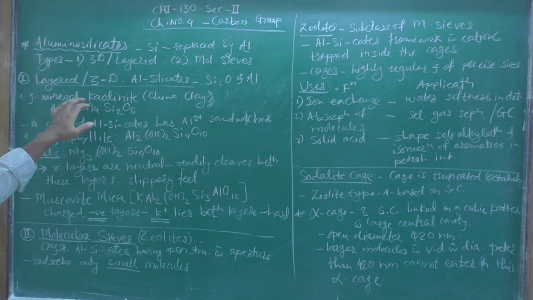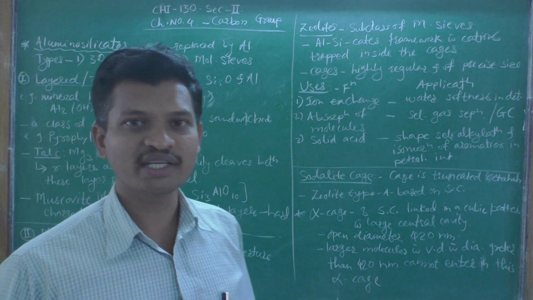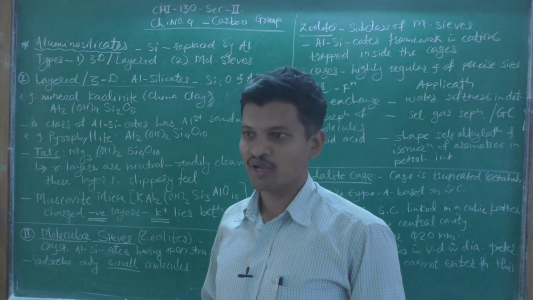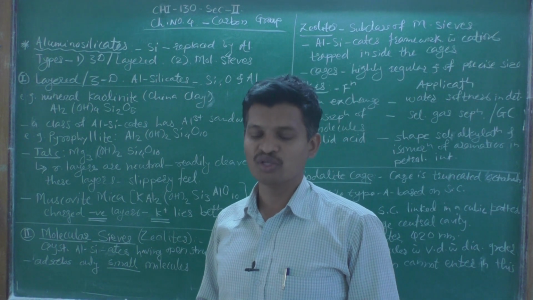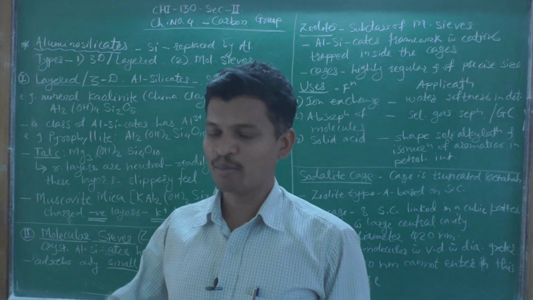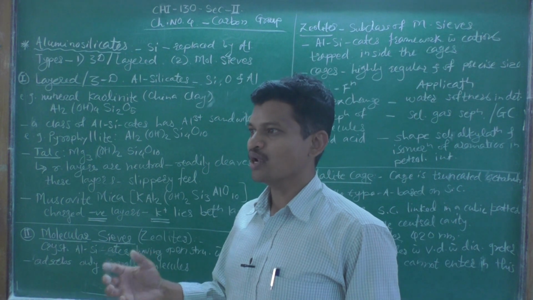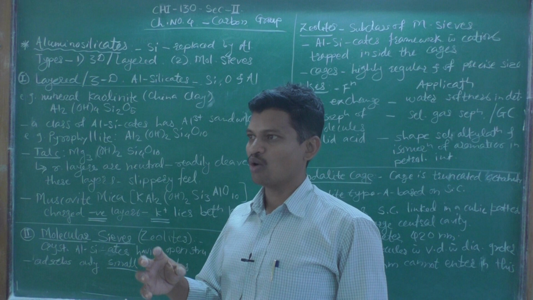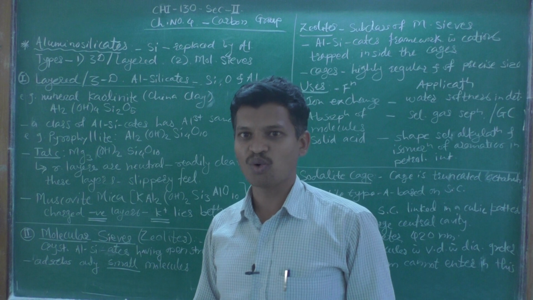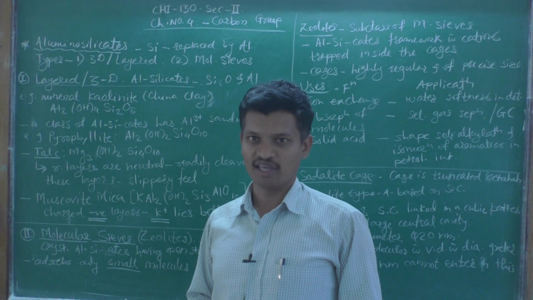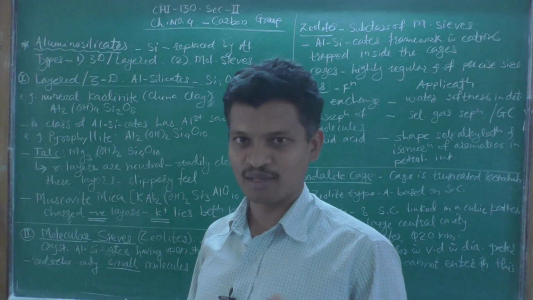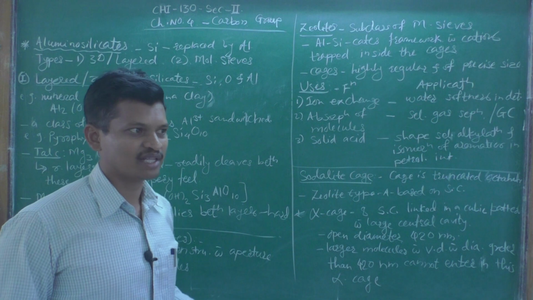The best example is the mineral kaolinite. Mineral kaolinite is also known as China clay. Friends, we are very familiar with this China clay. Most of the things that we are using in our kitchen and in grocery are made of this China clay. In our vernacular language we also call it chini mati or chini mitti, or China clay. Clay is nothing but one of the types of mineral that is found in the earth's crust.